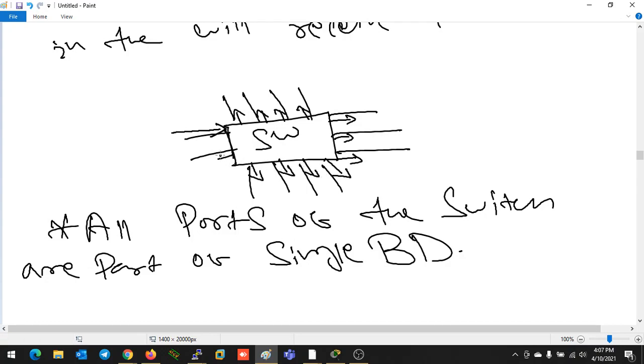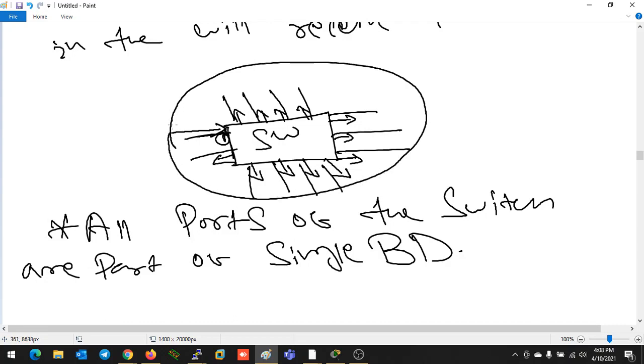What you are going to send, the same thing all people are listening to. That means what the device connected to port number 1 is going to tell, all the devices connected to the other ports are going to listen to that. That's why one switch will be part of a single broadcast domain.